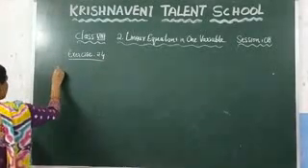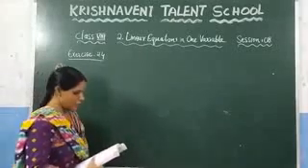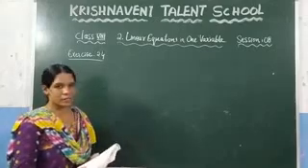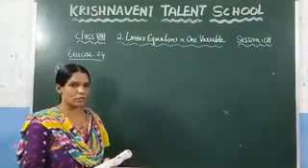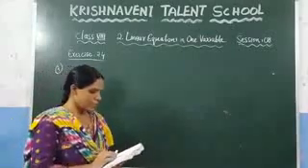Here, what is the second problem given? 8 times of a number reduced by 10 is equal to 6 times of the number and 4. Find the number. Here they have given one condition. Based on the condition, you need to find what that number is. Again, read the question here. 8 times of a number.